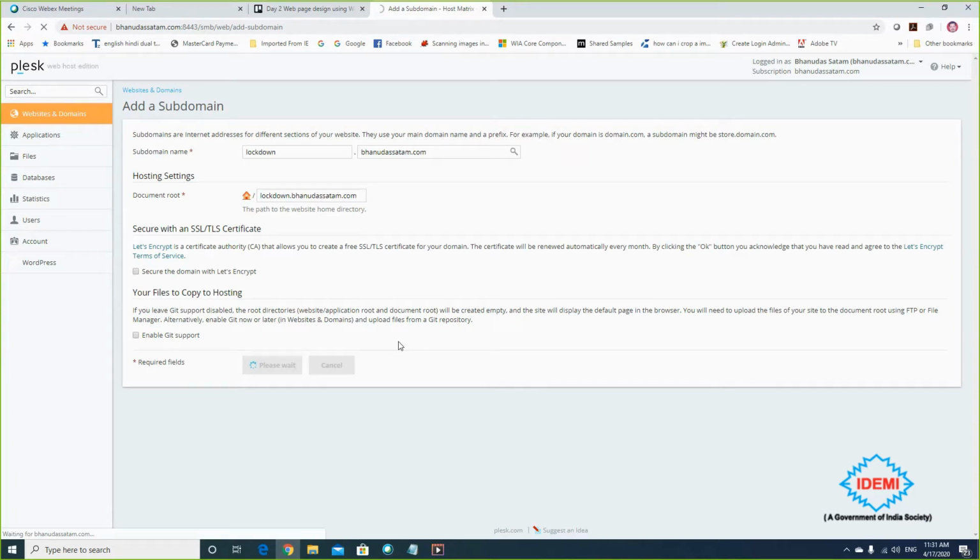So the subdomain name is now lockdown.bhanudaskatam.com. Again, I'm repeating, you don't need to create a subdomain. If you are registered for your domain name, you can install these under your main domain.